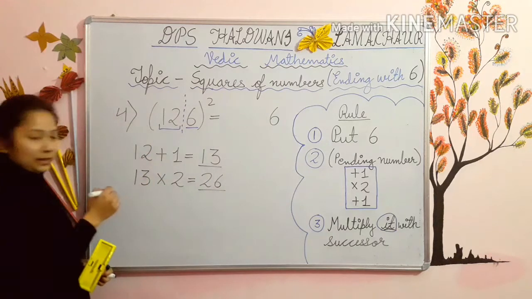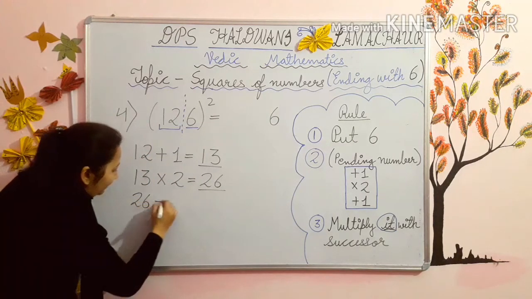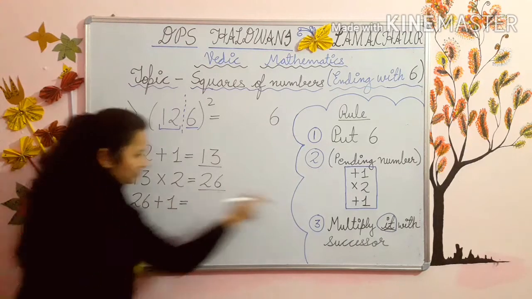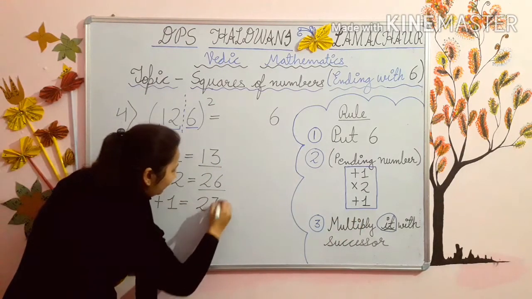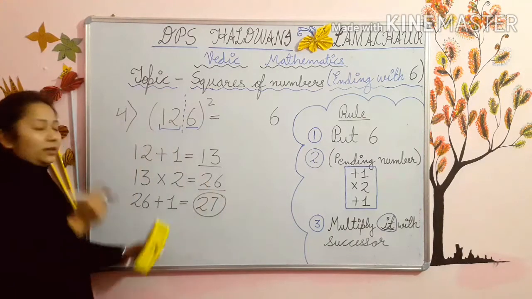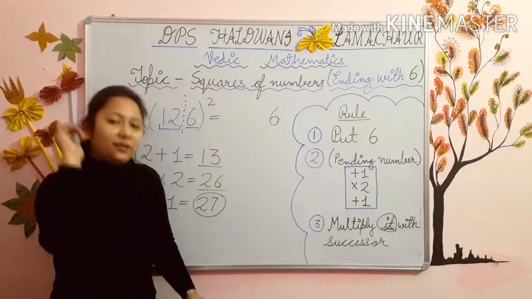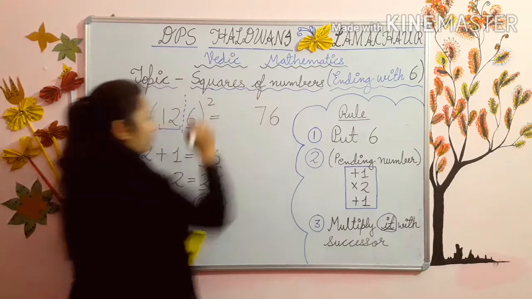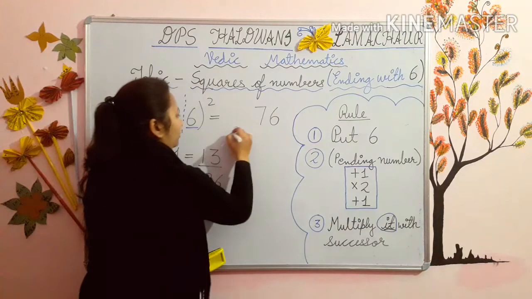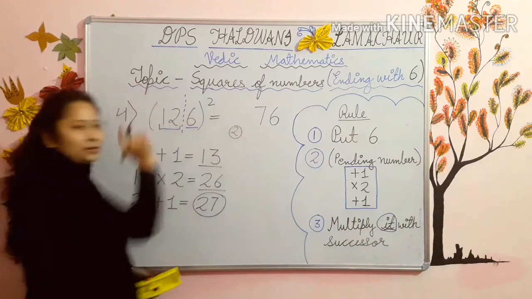Please learn the table, kids. Now after 26 add 1. See, add 1 again. 26 plus 1, 27, and this is your last. Now in the previous sum also I have told you that you have to take only one digit in this place. So one digit here and 2 will go carry. 7 I have taken here and 2 is carry.